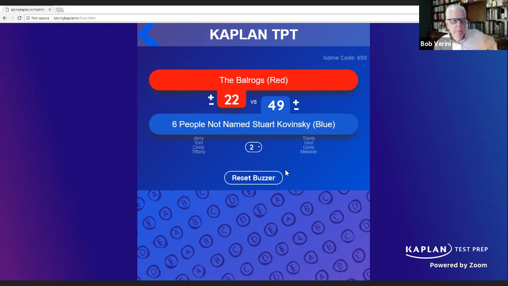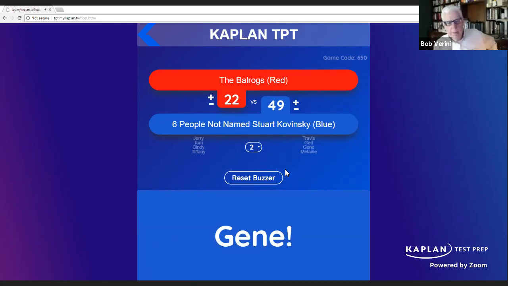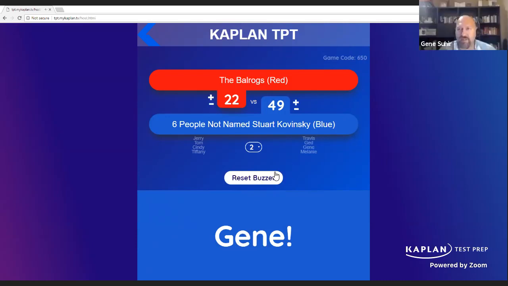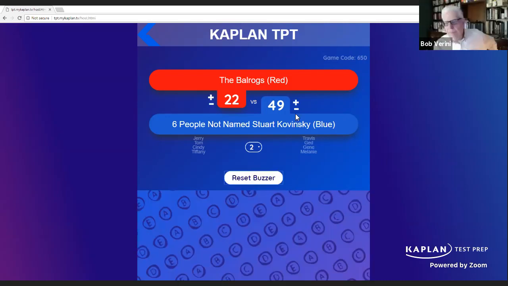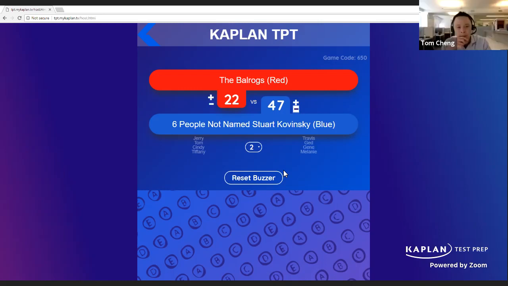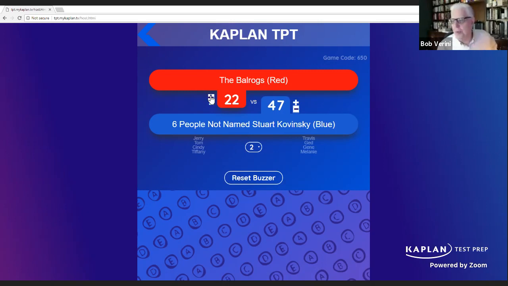Abbrev for 2. MT is an abbreviation for, Gene? For megaton. Incorrect. A break for the red team. I'll continue the question. MT is an abbreviation for megaton as well as this U.S. state. Tom, you and your team may consult. Montana. Montana is right. And that is the downside of buzzing in too quickly.